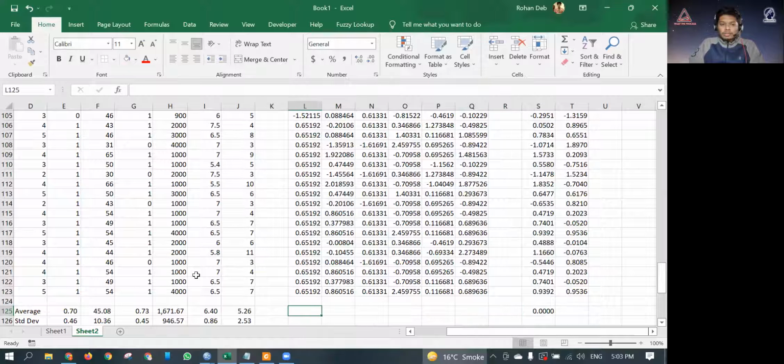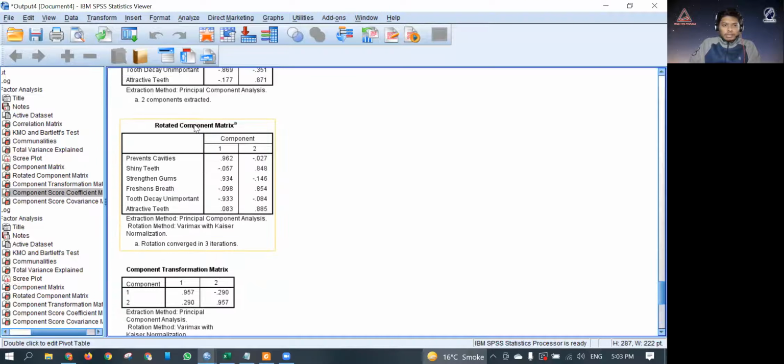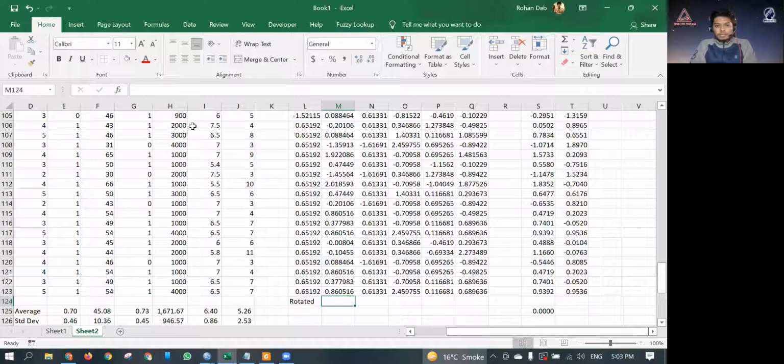Now another thing that you can do is to calculate the commonality. To calculate the commonality, firstly we can calculate the rotated component matrix, this one. So let me calculate the rotated component matrix.